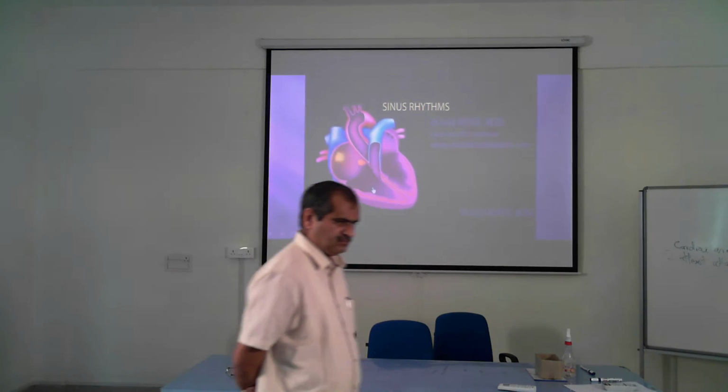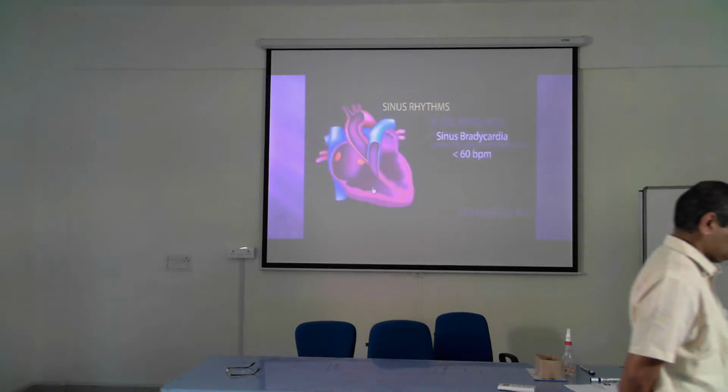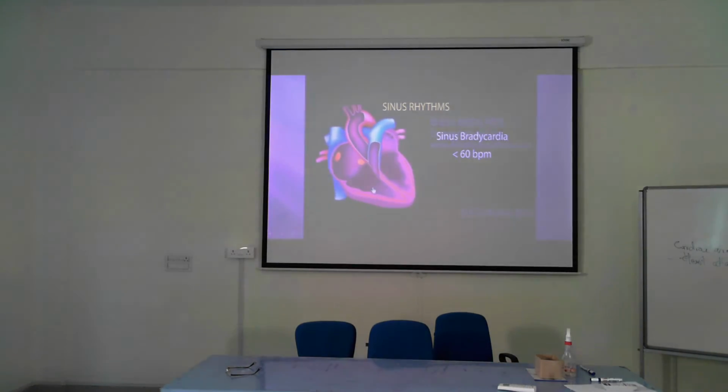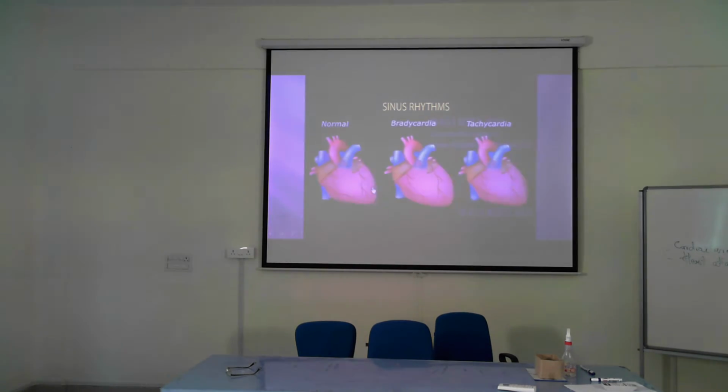The most common variations of sinus rhythm include sinus bradycardia, when the SA node fires less than 60 times per minute, resulting in a slower heart rate of less than 60 beats per minute, and sinus tachycardia, when the SA node fires more than 100 times per minute, generating a faster heart rate of greater than 100 beats per minute. Sinus bradycardia and sinus tachycardia may be normal or clinical depending on the underlying cause. For example,